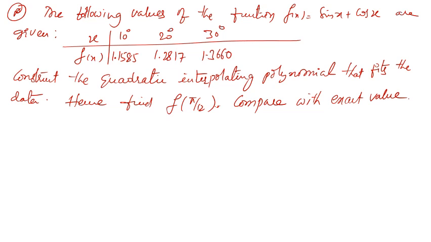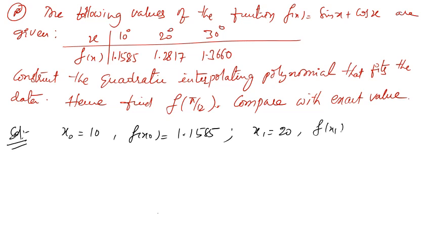Okay, and solution. First thing, what is the given data? x0 is 10 degrees. f of x0 is what? 1.1585, right? Next, x1 is 20 degrees. f of x1 is what? 1.2817. Okay, and x2 is what? 30 degrees, and f of x2 is 1.3660. And one more: since the required answer is in terms of radians,